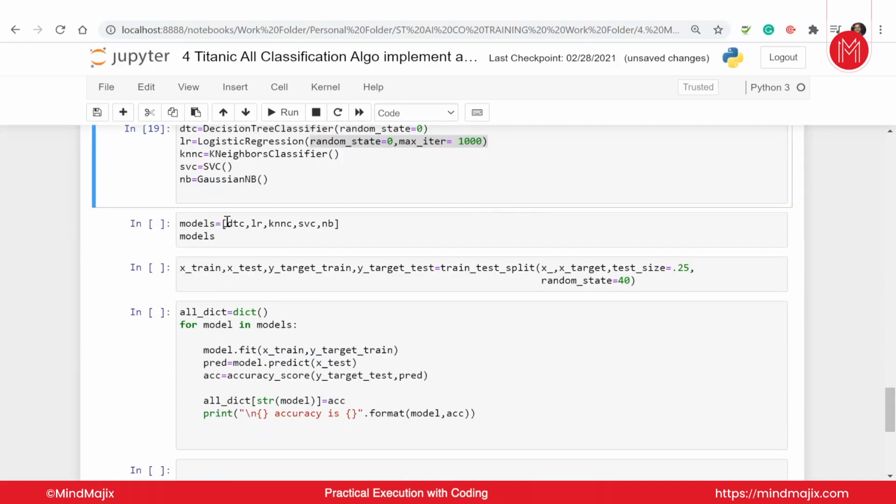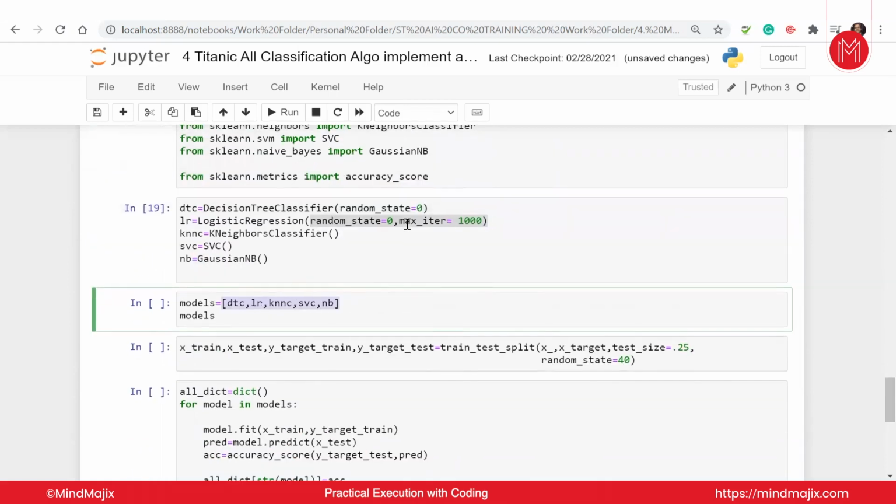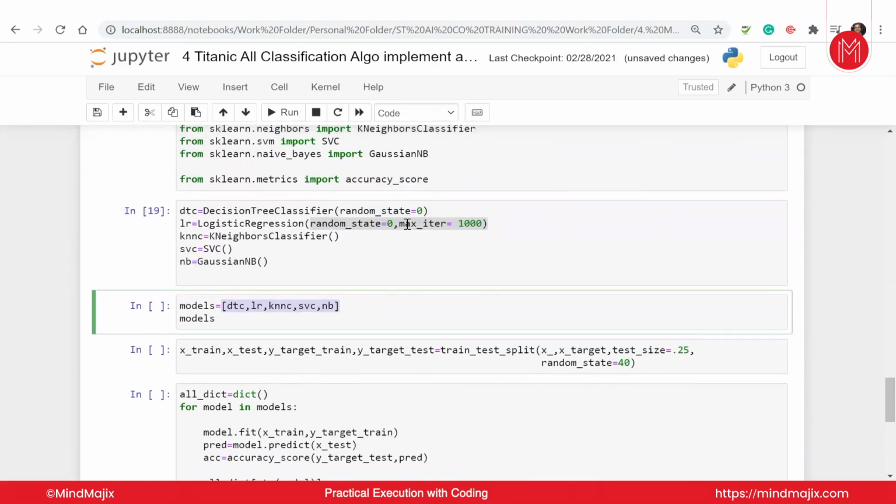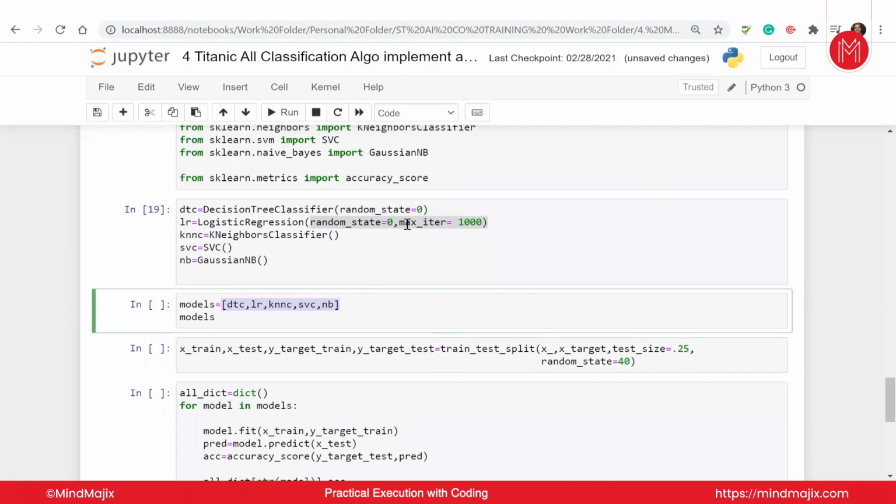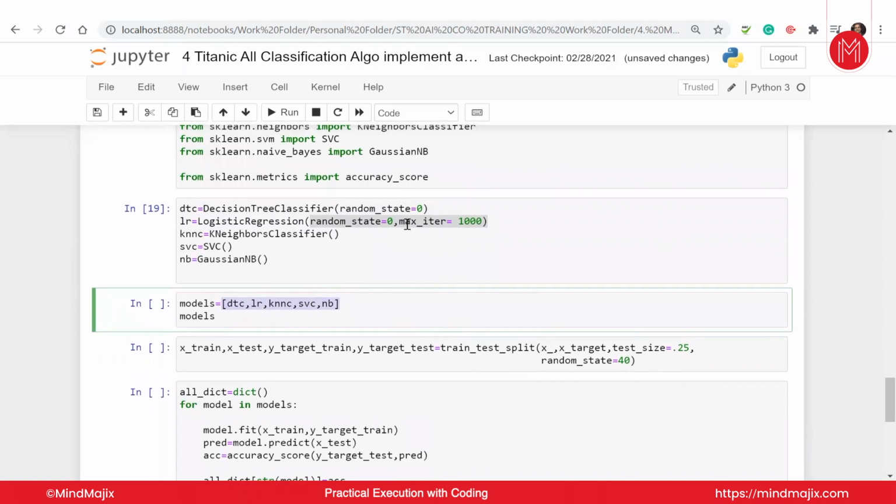Notice I have done a very simple thing after this. I have created a list here. What I'm planning is to put all the models in the list. And guys, again, when we want to do this machine learning part, what we do is we fit, we predict, and we check the accuracy. This is common for each model, so I can do that with an iteration too. And that is exactly what I'm planning to do here. Before that, yes, I need to split my data.